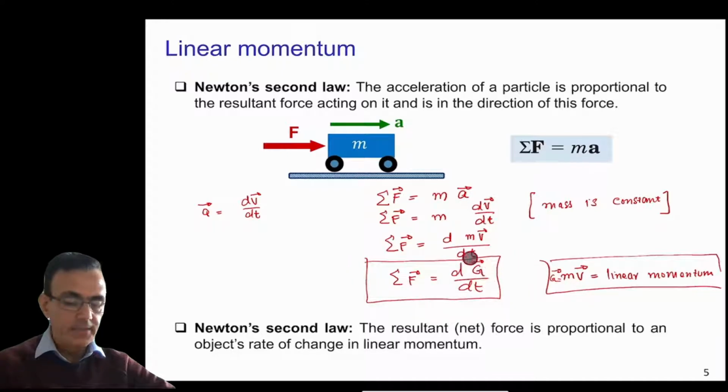And it also provides you with this new term, which is G, and G is what we call the linear momentum, and it is just the multiplication of mass times velocity. And because the velocity is a vector and m is a scalar, if you multiply a scalar with a vector, you will get a vector. So this means that G is a vector, and the direction of G is always in the direction of the velocity, because m will not change the direction of the velocity.